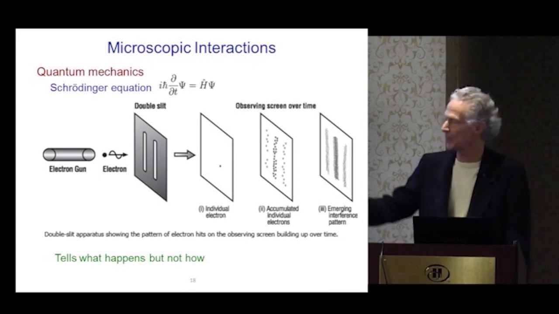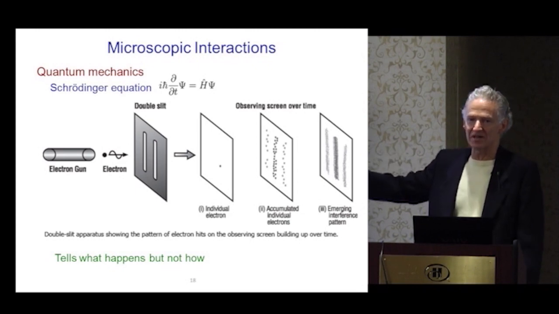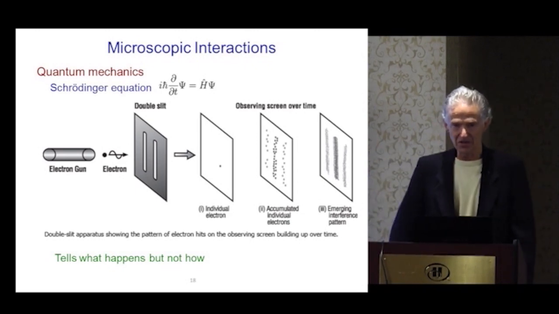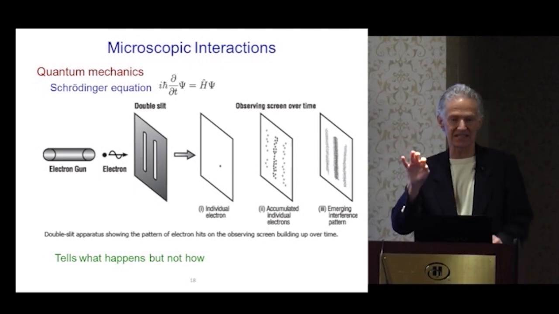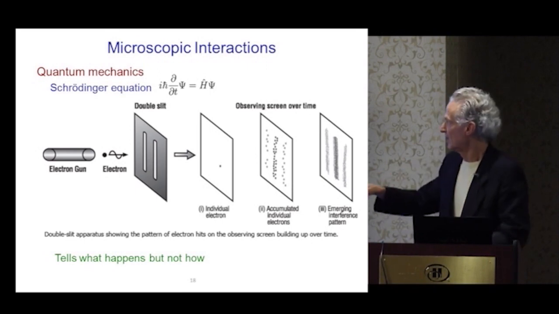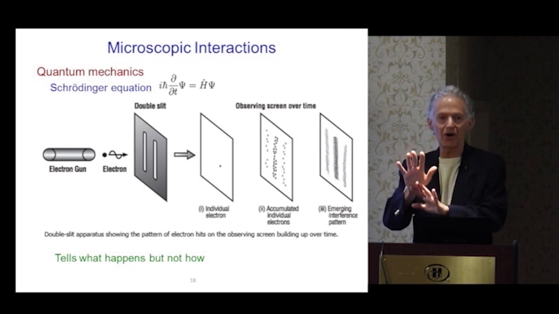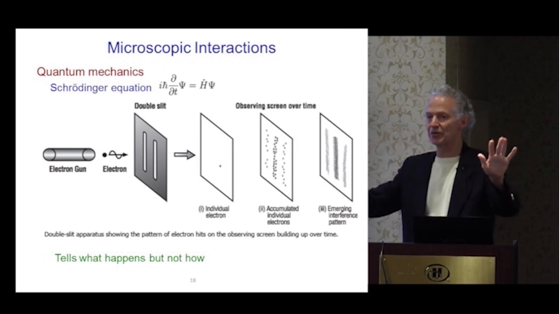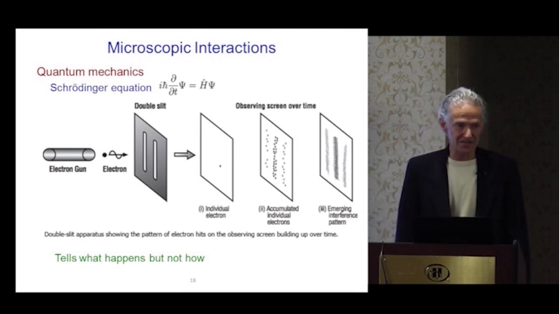How does this work? Well, let's say that we have here the example that's always brought up, the example of the double slits. So you're sending electrons one at a time through double slits. The electron goes through one slit or another slit. You know the story. It keeps on going, and you would expect that if you're sending particles through slits, you'd end up with just sort of a smear pattern on the target. But you don't get a smear pattern.